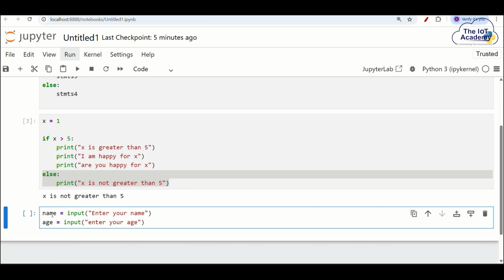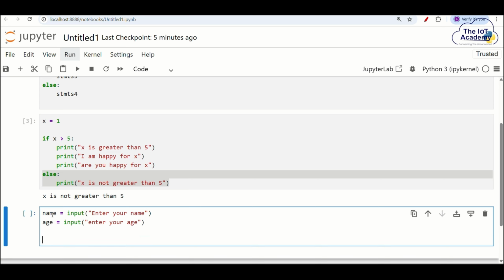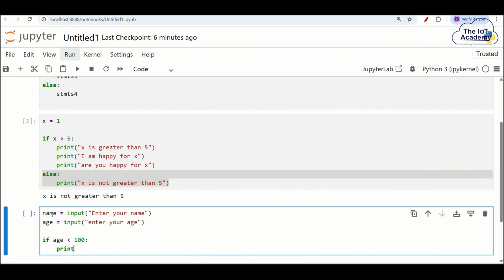Then you're going to check if age is less than 100, you want to print f, hello, and then the name variable goes here, whatever name the user entered, hello name, you are younger than 100-year-old man. Otherwise,